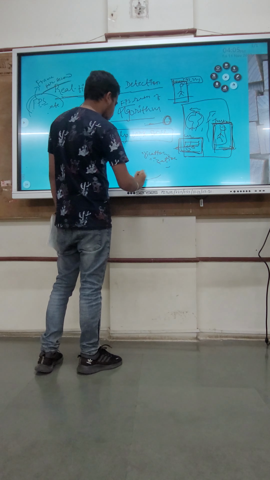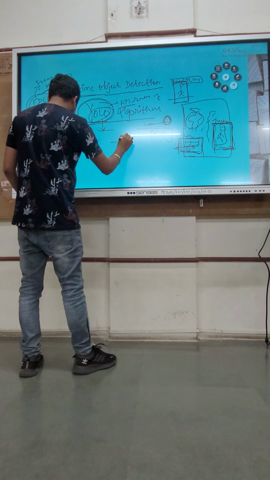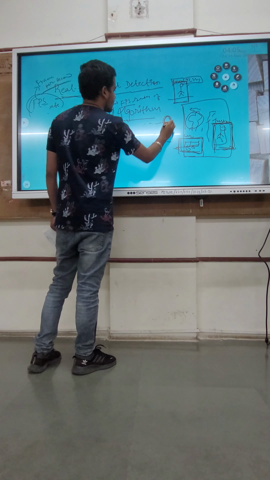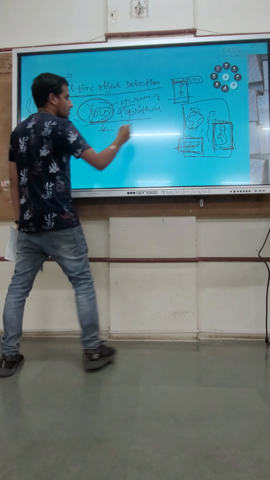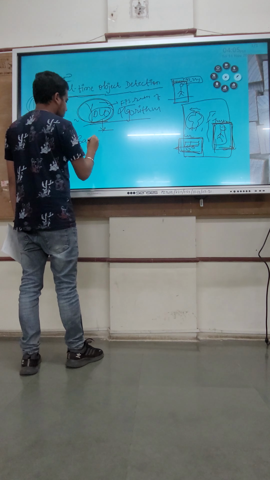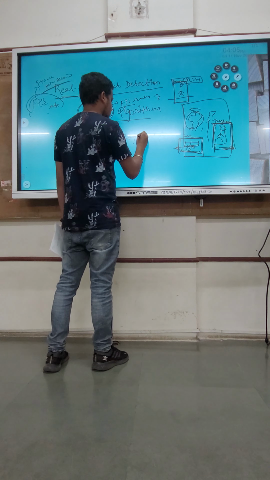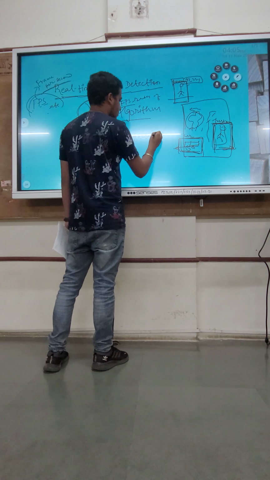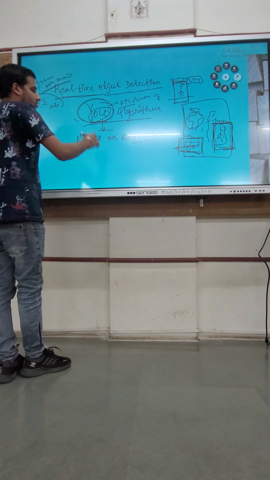And talking about YOLO, it is not based on a classification algorithm. It is an algorithm which is based on regression. So now, YOLO is an algorithm which is based on regression. So what does it mean to be based on regression? It means it detects the object by looking only once.